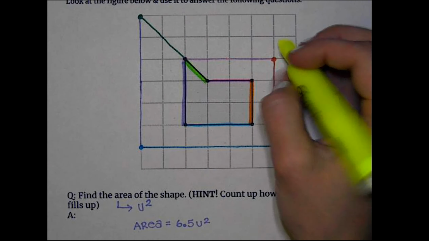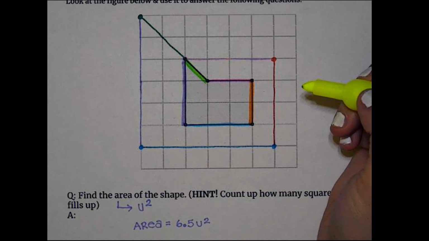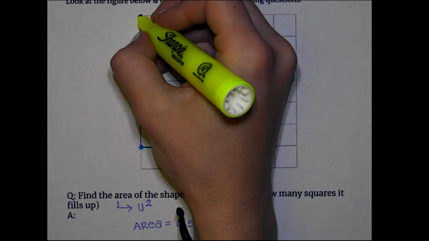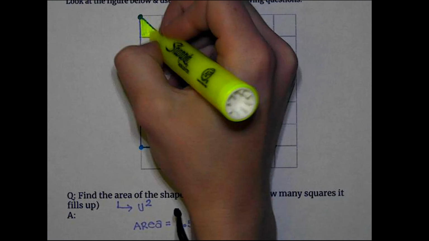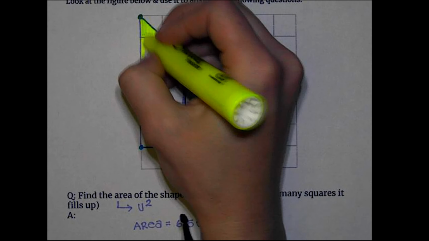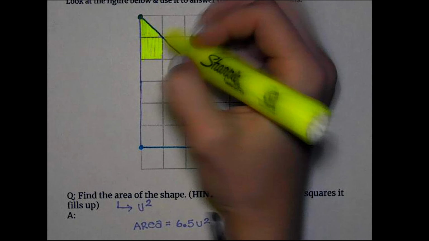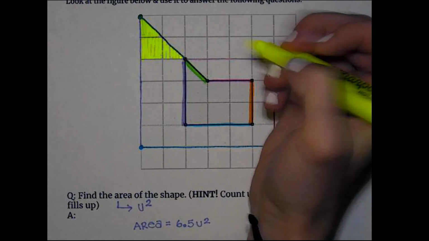Okay. And actually what we're going to do so that we are able to see the shape is I'm just very quickly going to take a color that we have not used yet. We'll do a yellow highlighter. And we're just going to color this in so that we can see all of the squares that we took up. Okay, so I'm at 1.5, and this is another half, so now I'm at 2,